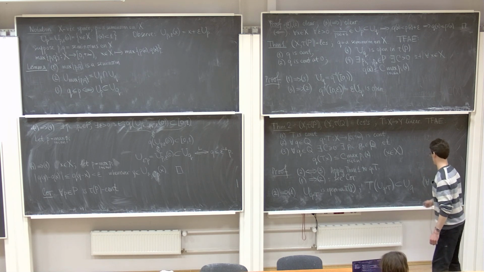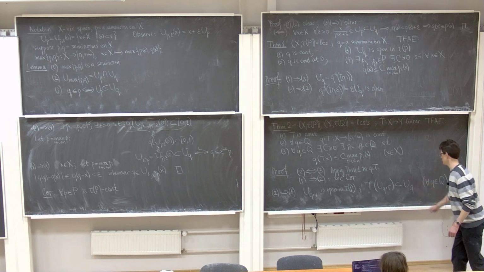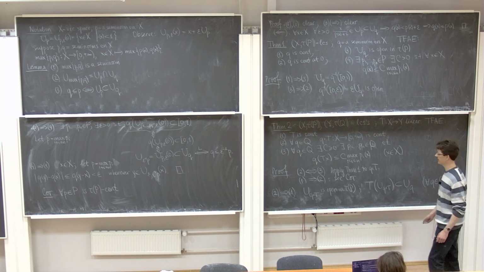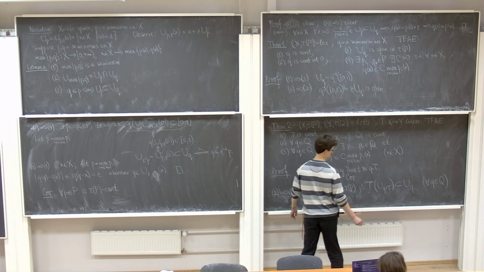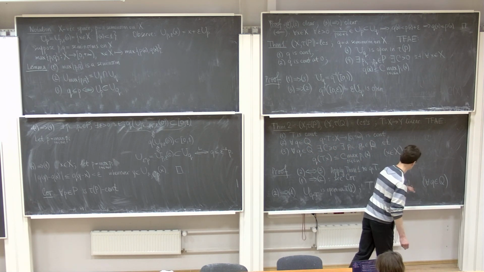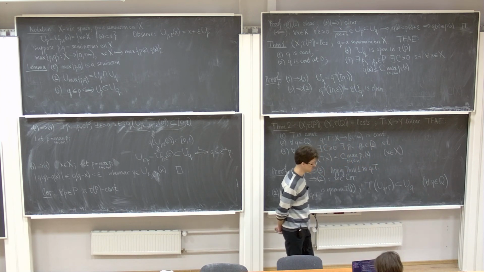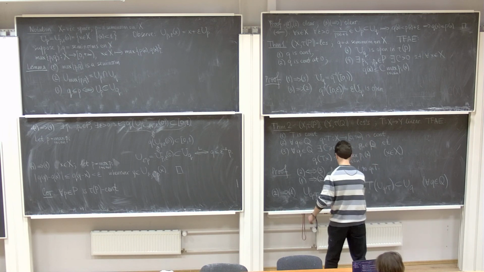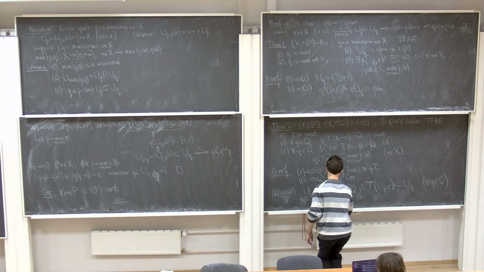And since U_q is almost a typical neighborhood from a subbase of neighborhoods of 0 in Y, well, why do I say almost? Well, it's almost a typical neighborhood of 0 because to get an arbitrary subbasic neighborhood of 0, we must multiply it by a positive epsilon. Well, but by linearity of T, we can do it. So this implies that for each positive epsilon,